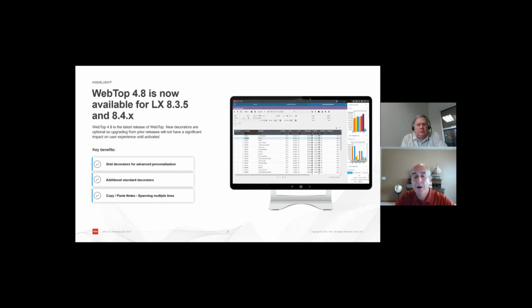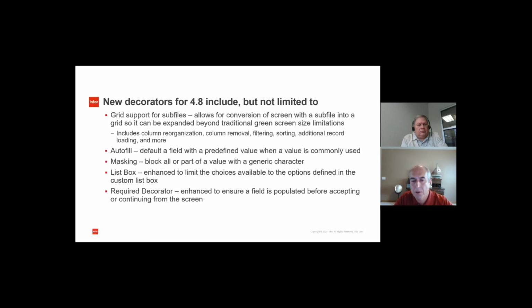There's an autofill function. This is really a kind of a cool thing, right? Let's say, in a lot of applications, maybe you only have one company, or maybe you only have one currency in your enterprise. If that's the case, you may want to use autofill to automatically fill some of those values on any screen, so that you eliminate possible errors or keystrokes, just for efficiency, right? Very self-explanatory, but you can go into a field and say, always default the company number to 10 because that is the only company that is being used, or at least used by maybe some individuals, and limit